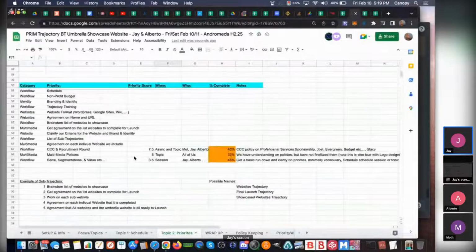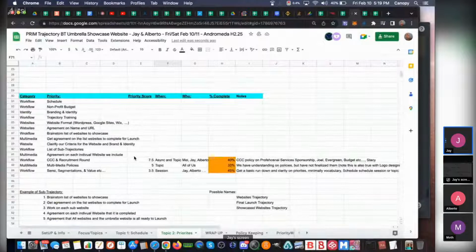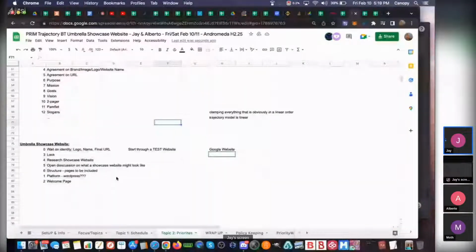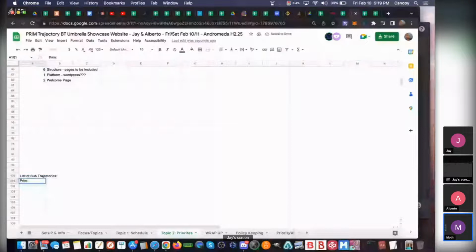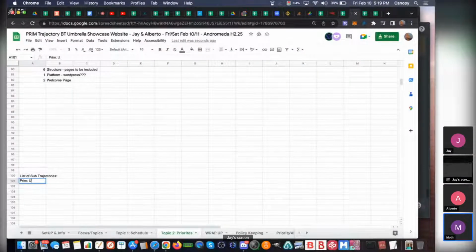So obviously our workflow and coordination is kind of its own trajectory. We can make a list of trajectories somewhere, maybe line 100. I always include the main trajectory as also a sub-trajectory.